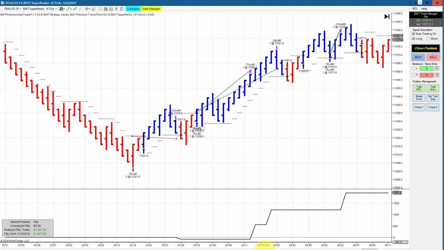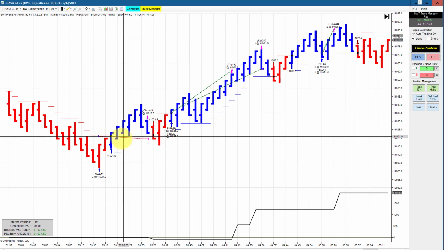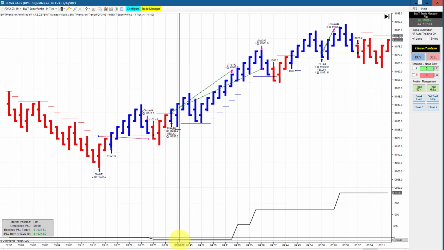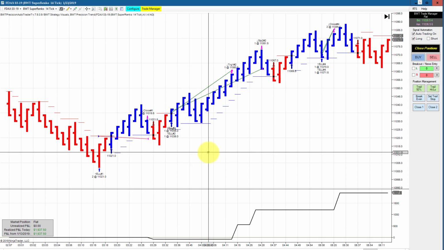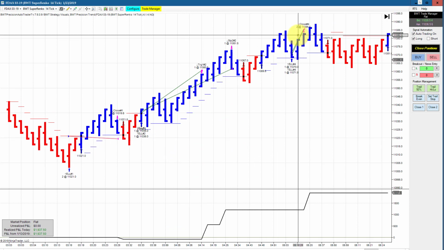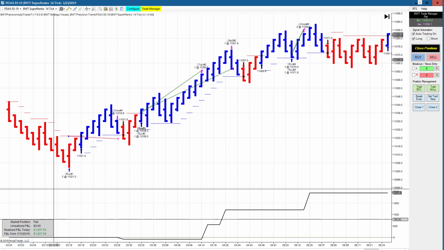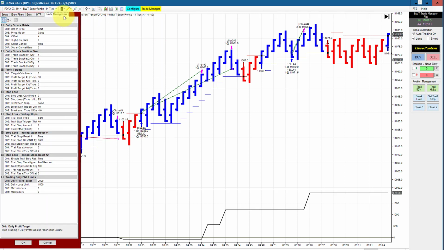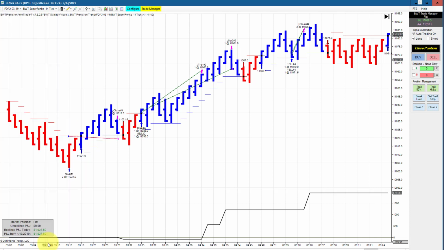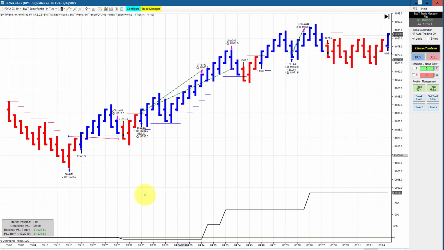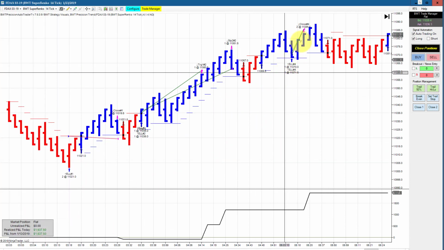The DAX on the Super Inco 14 tick started off with a small loser here. You can see it on the equity graph, just under $100 as a drawdown, and then came back with these two winners and hit its goal and had some slippage. Our goal on this is 2050 or 2000 even. So this had a little bit of slippage, but hit its goal on a total of 3